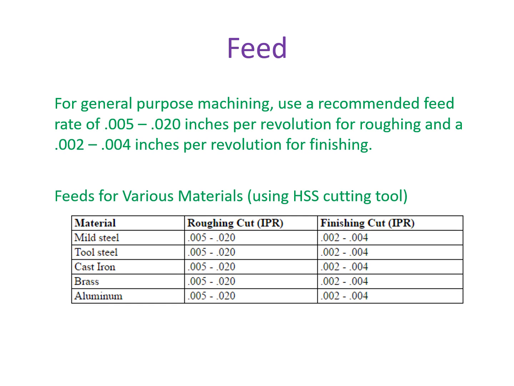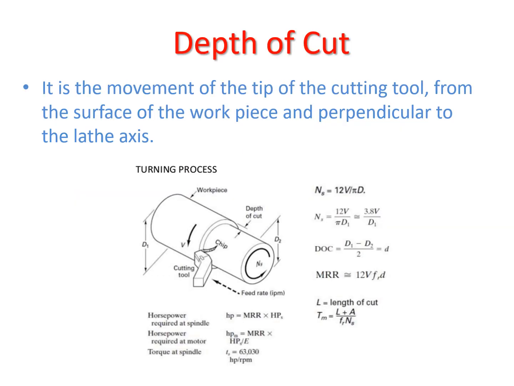And the second cut will be our finishing cut, in which we will compensate for the tool pressure, and the third cut will be the final touching cut. In this cut you will give the final finish to the workpiece. Depth of cut is the distance that a tool bit moves into the work. It is used for reducing the diameter or for removing the excess material from the workpiece. Usually it is in millimeters or in thousands of inches.